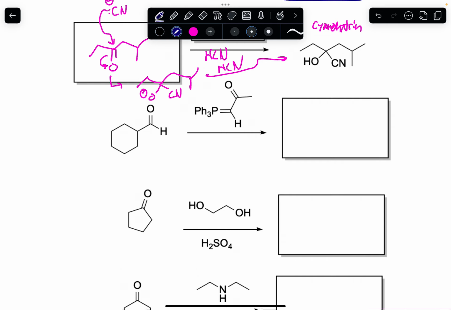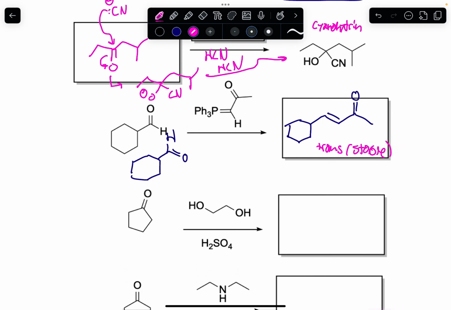This is a Wittig reaction. These pieces are kind of just going to connect together like Legos. So another way that we can draw this right here is by doing that. That's the equivalent. So we can just go ahead and connect these together like Legos to give this product. We end up making the trans product, which is the more stable product, by the way,